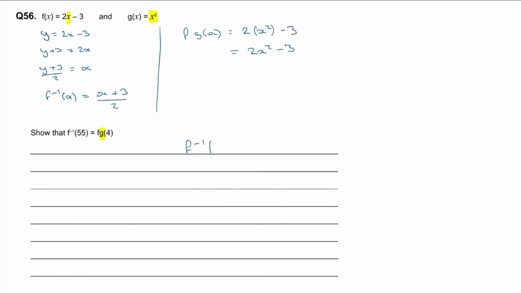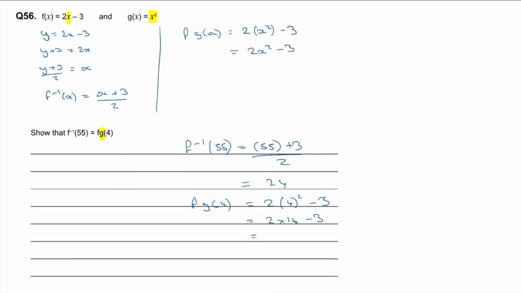What's the f to the minus 1 of 55? That's going to be 55 plus 3 over 2. What's that then? 55 plus 3 is 58. 58 divided by 2 is 24. And f of g of 4, what's that going to be then? That's going to be 2 lots of 4 squared minus 3. So that's going to be 2 times 16 minus 3. 2 16s are